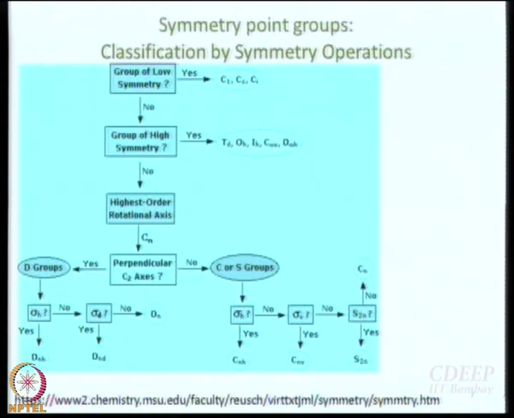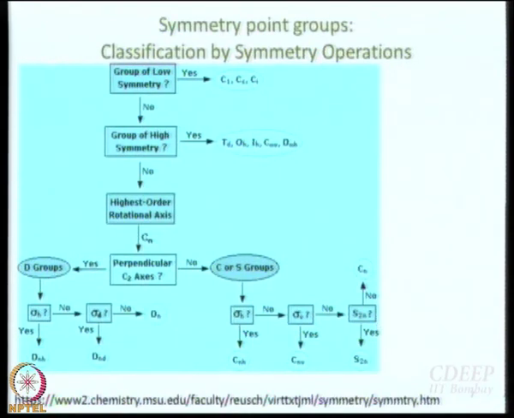For benzene, for example, what is the principal axis of symmetry? C6. Benzene is not a good example actually. What about the chair form of cyclohexane? What is the principal axis of symmetry? C3. Do you have S6? S6 we just showed. S6 is there. So that is the kind of question you ask here. No other plane is there, let us say. That is not true for cyclohexane. But suppose there is no plane of symmetry, no nothing. Then you ask, is there S2n? If S2n is there, then you actually call it S2n.